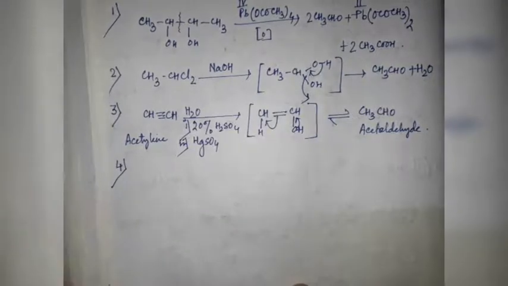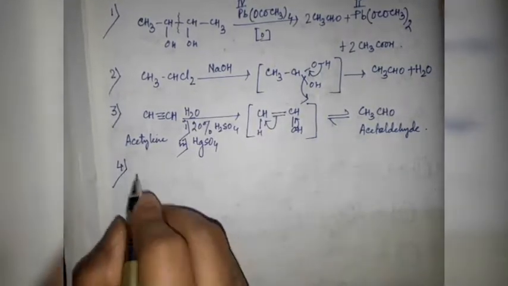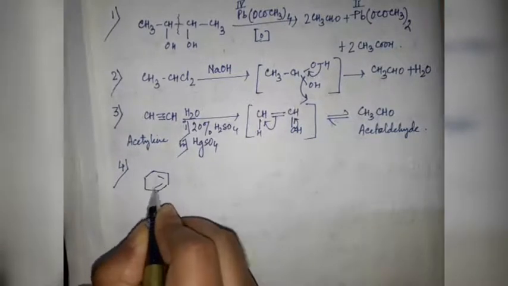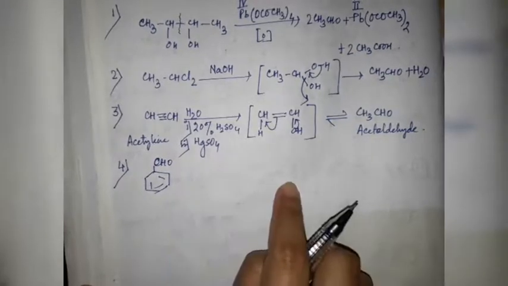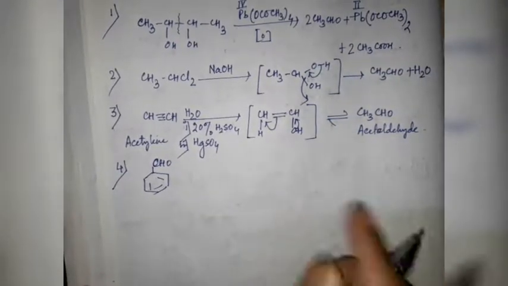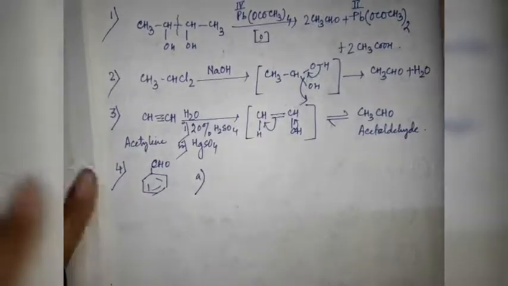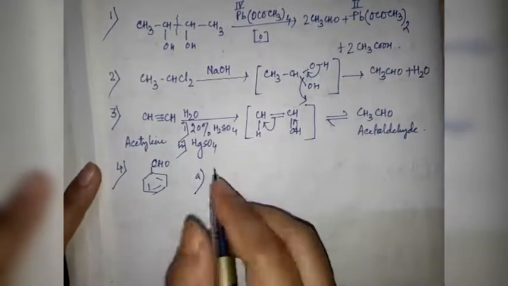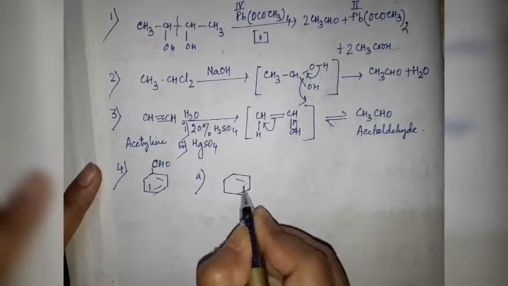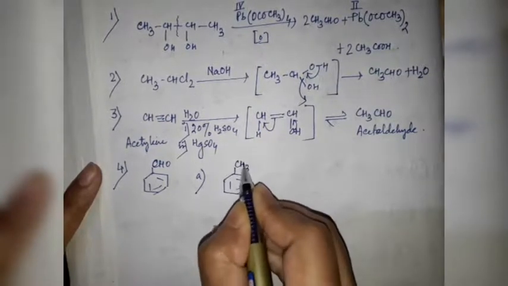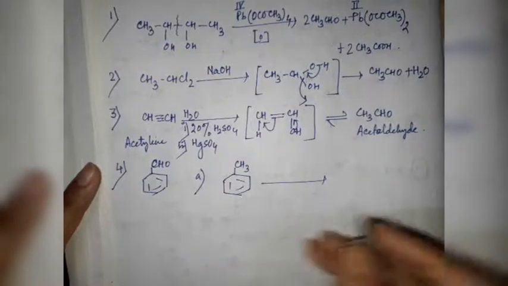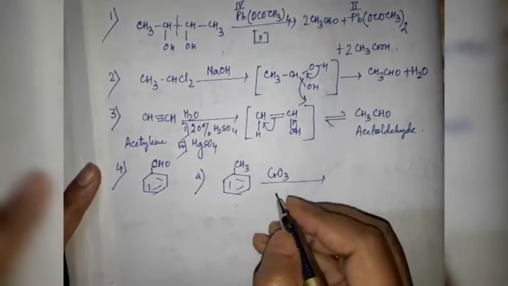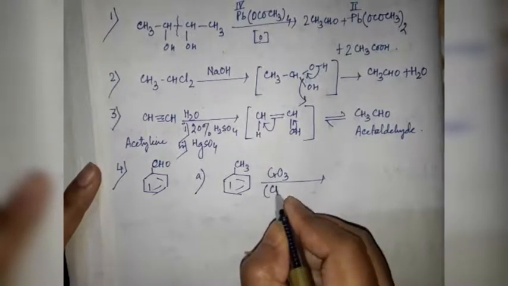Next, I will discuss the formation of benzaldehyde, C6H5CHO, in various ways from different starting materials. At first I will discuss the formation of benzaldehyde from toluene. How will we carry out this one? If toluene is oxidized with chromium trioxide in presence of acetic anhydride,